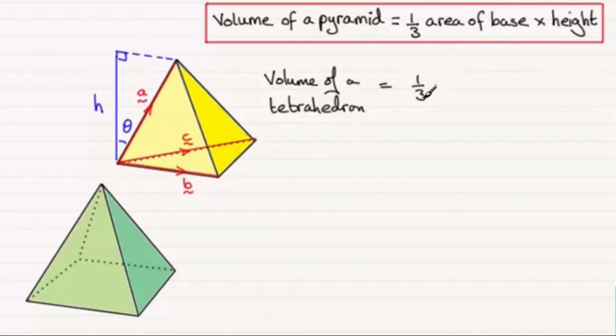But we have already seen that the area of the triangle is a half the cross product of the two vectors forming it. One of the two vectors forming it, that is, we take B and C. So the area of the triangle will be a half B cross C, because it was half of that parallelogram which we had got as the cross product. So it's a half B cross C, then times the height.